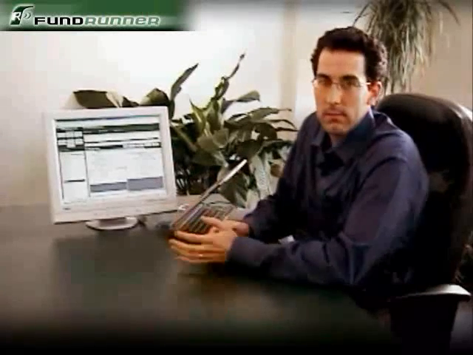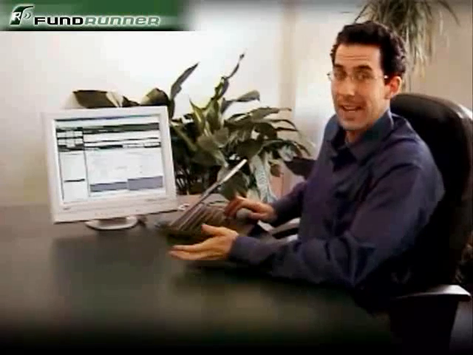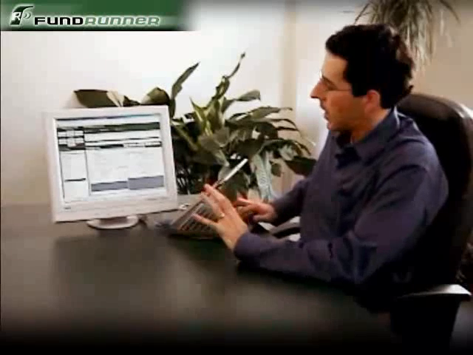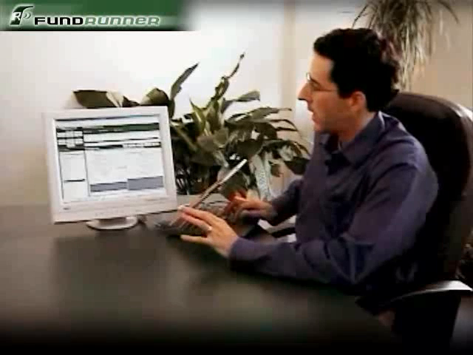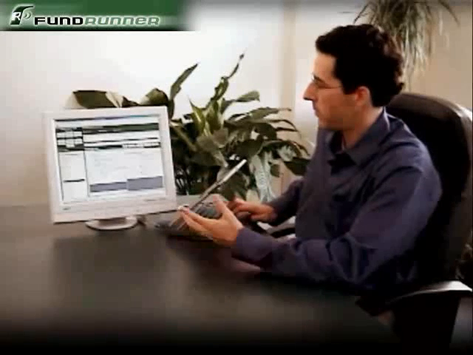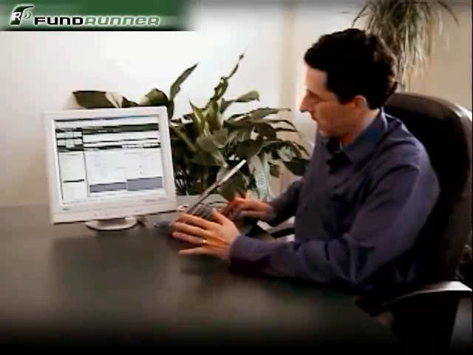To take the relationships even further, we've created this relationship tab. And to illustrate this, I'm going to go to a sample investor. And while I'm doing this, you'll notice up here in the upper left-hand corner of FundRunner these different navigational views of the system. Now, to leave the contact view, which I've been on,